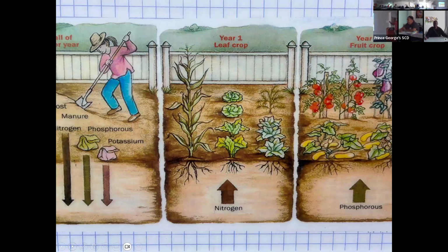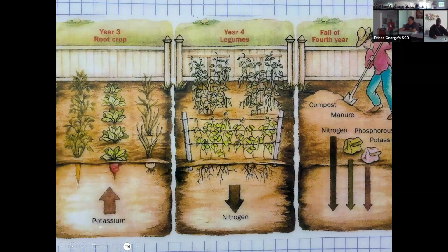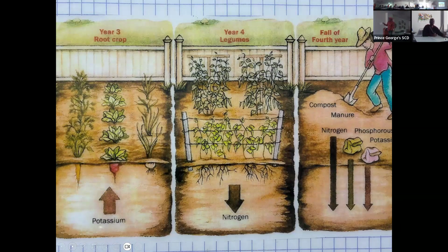But then your first year, you can have the leafy green crop, second year a fruiting crop, and third year you can have another bed, a third bed with the potassium crop, the crop that needs potassium in it. You go to the next one. So that would be the bed that you put the root crops in. And then the key thing to